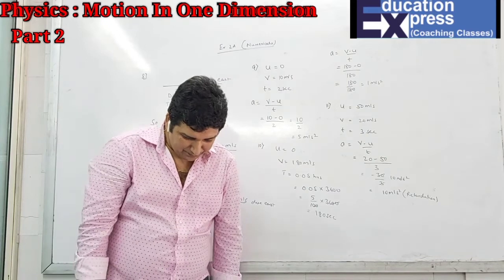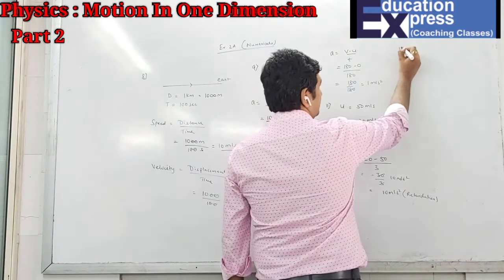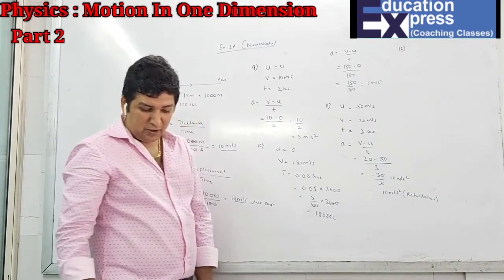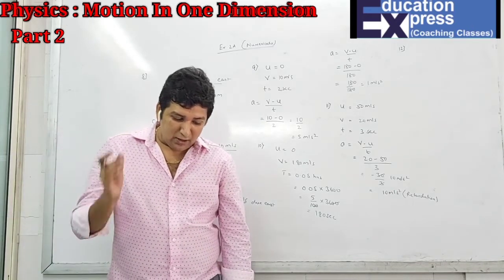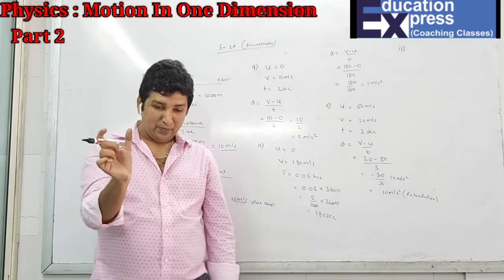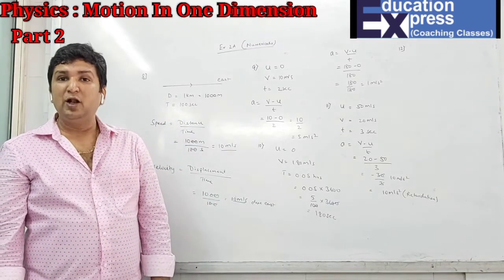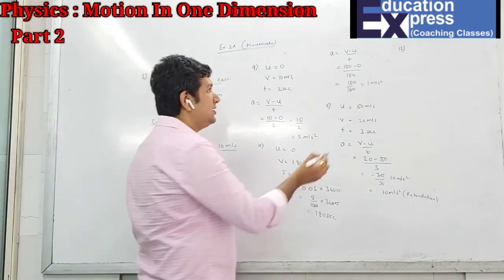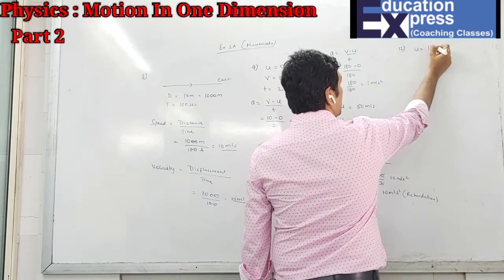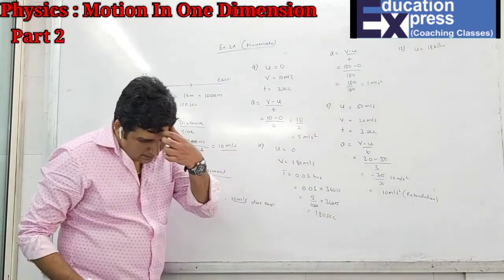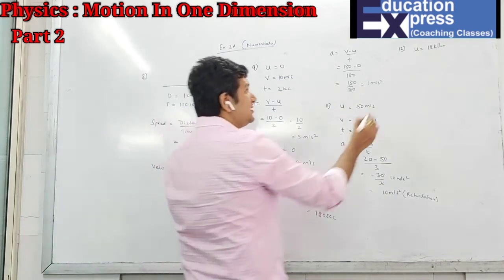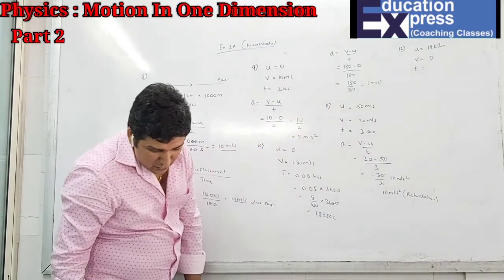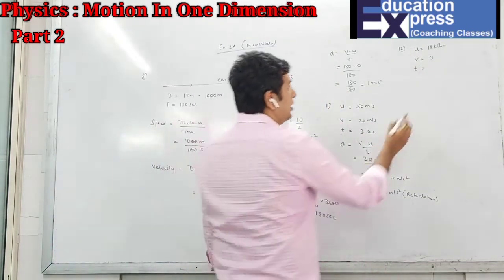Question number 12. A toy car initially moving with uniform velocity of 18 km per hour. So remember, kids, students, I have told you whenever initial velocity is given, they'll always use the word what? With and at. So here what word they have used? Moving with. That means initial velocity is available to us as 18 km per hour. Comes to stop. That means finally the body comes to what? Rest. That is v is 0 in how much time? In 2 seconds. Find the retardation.